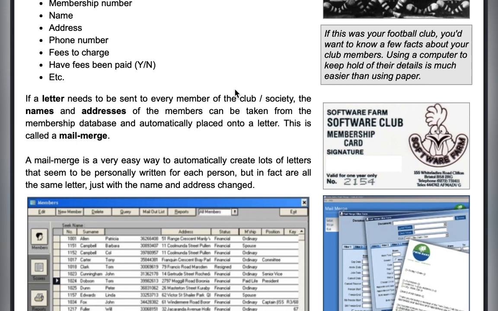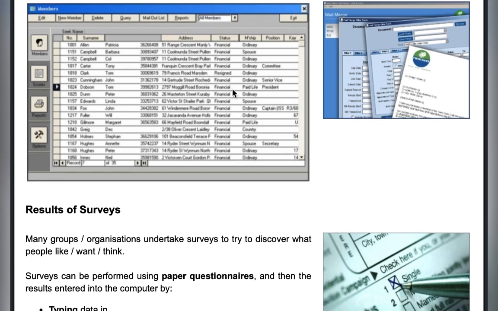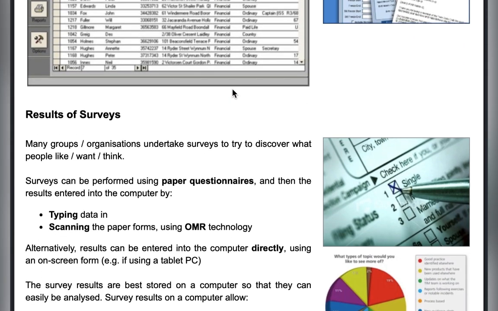The only thing that is different when you do a mail merge is the name and the address, and it will sort it out. Everyone's name and address in the database will be merged into his letter. So it's one click that produces those 100 letters, using what we call the mail merge. So we're going to do the mail merge practical probably this Friday.